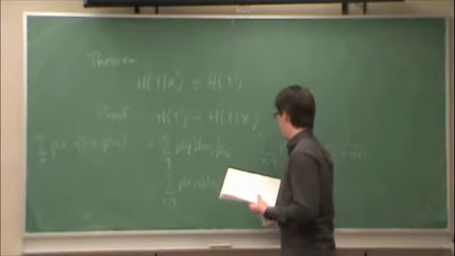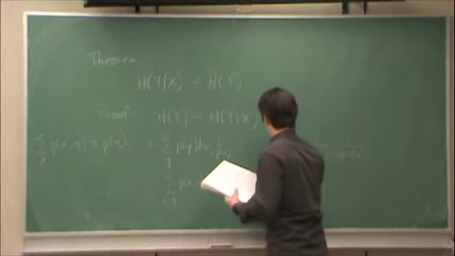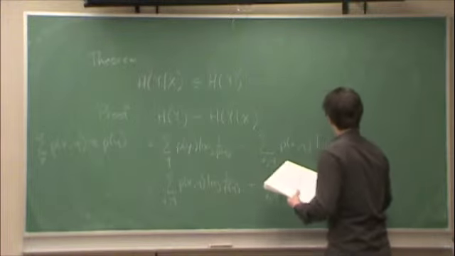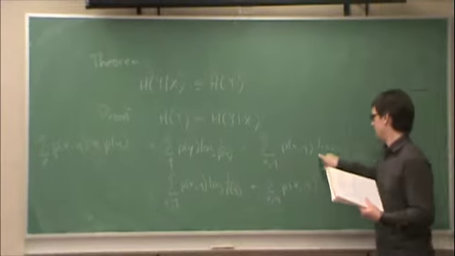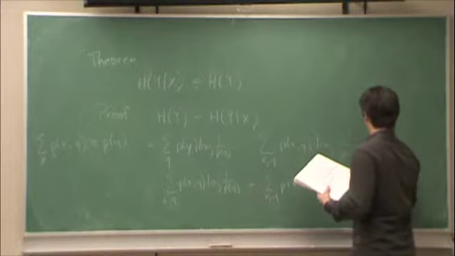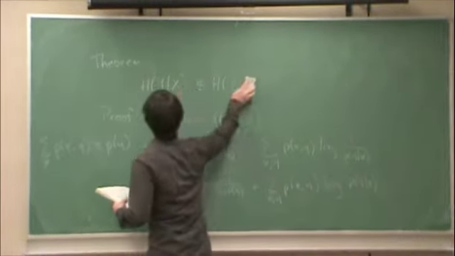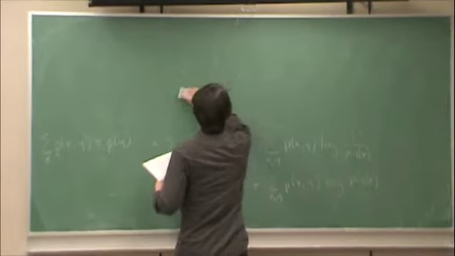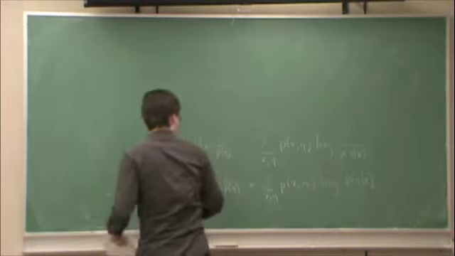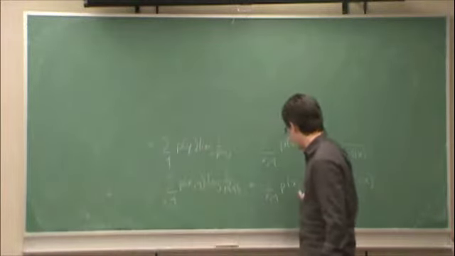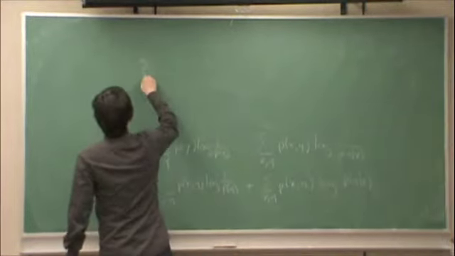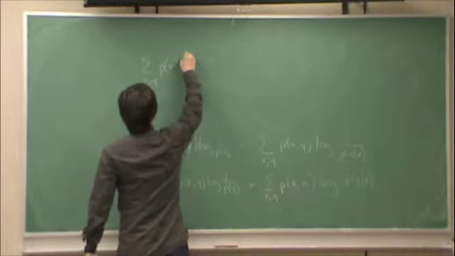What I'm going to do over here is I'm going to take that minus inside. If I take that minus inside the log, what happens? This just goes to the top. Okay, next step. Because these are both sums over p of x y, I can just collect those. So I end up with sum over x and y, p of x y,